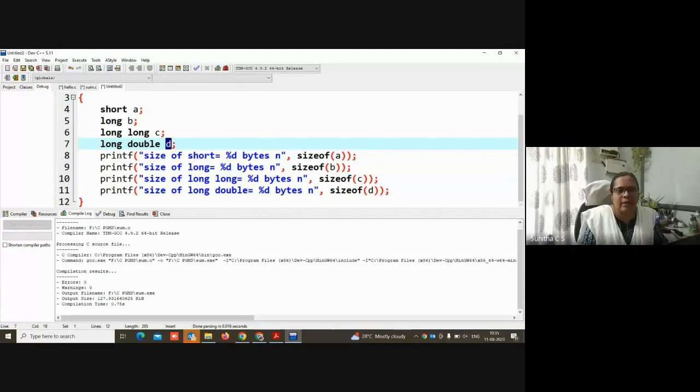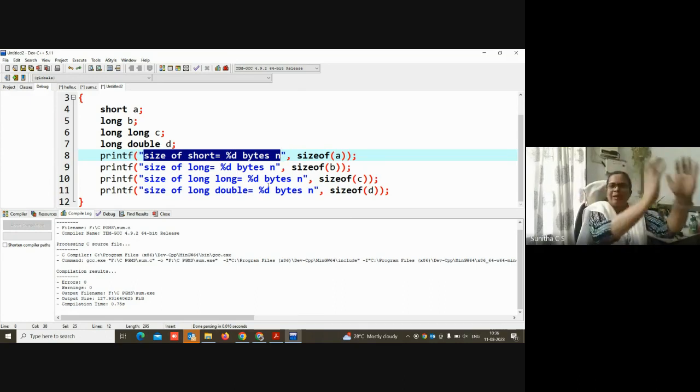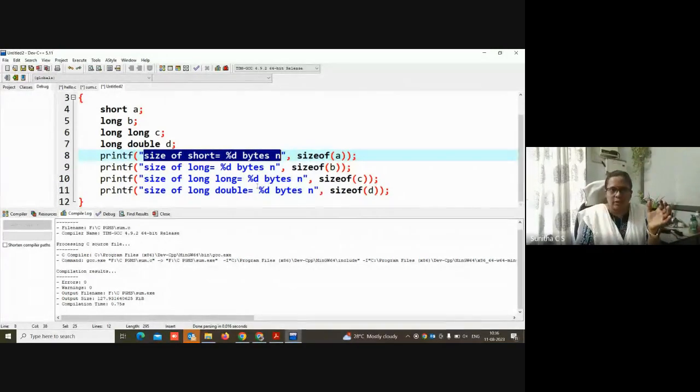This is double quotation. You are telling about the content from this one to this one, right? Yes. This content is given to the printf function. Printf will be taking that. So the percentage d will be replaced by sizeof A. Suppose sizeof A is 2 bytes or 4 bytes.